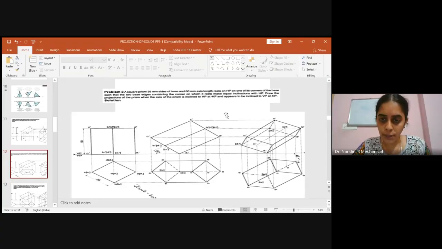When the observer views from the top, this outer surface will be completely visible in our top view. So this we had joined already using a dark visible line. The remaining sides, D to C and C to B, you will join using a dark thick line. So we have now completed the top surface of the square prism, right?